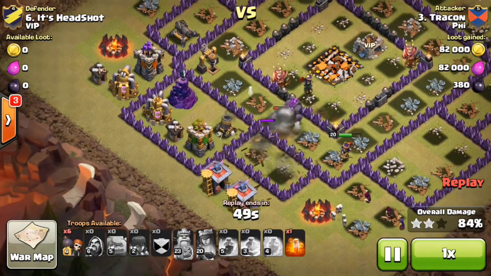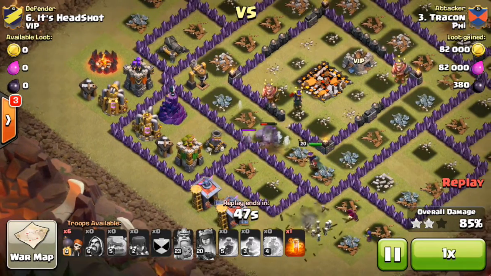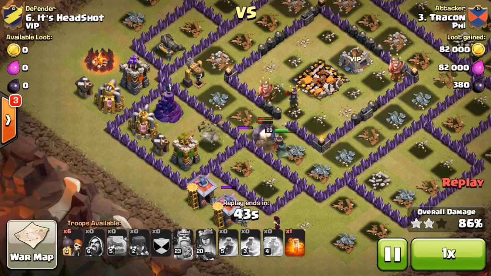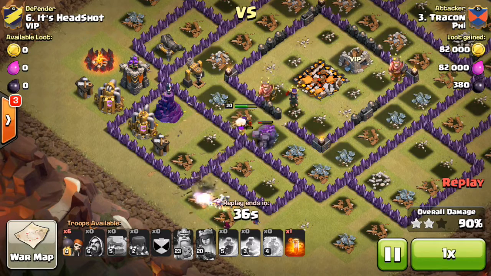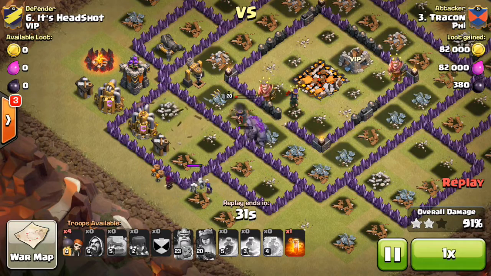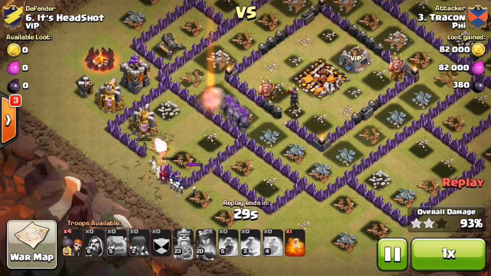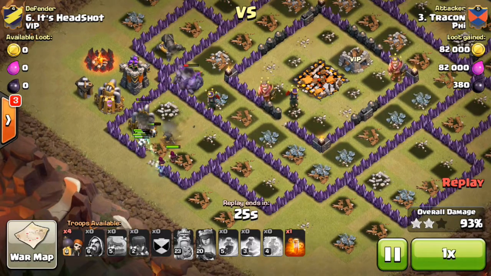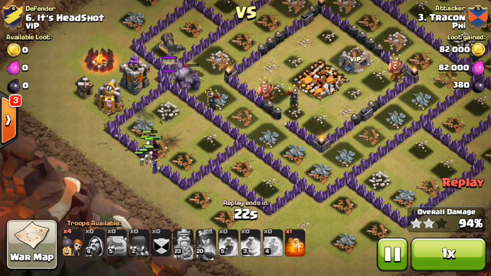And another thing to mention is it's always good to plan ahead. Somebody else in our clan had already attacked this base, and so I knew what was coming out of the clan castle. My Dark Elixir Spell Factory is currently under construction, and I had one poison spell, and I knew I wasn't going to use it on this attack because I was 100% sure that there weren't any units in the clan castle on this base that it would be useful for, so I saved it for my second attack